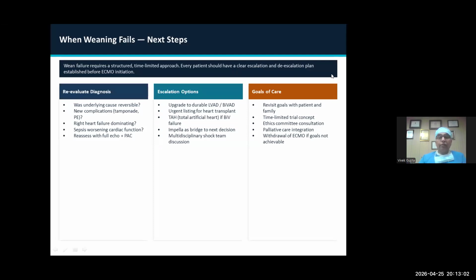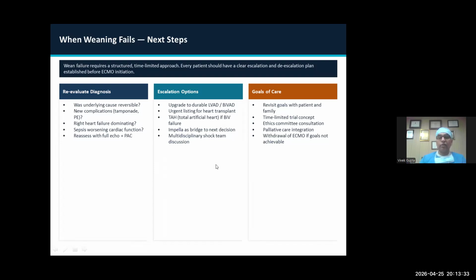And if the patient is not tolerating the weaning, it means that this patient needs escalation and the next step to be followed. These patients require reevaluation. First, reevaluate and rule out the causes which are treatable. This might be simple hypophosphatemia, simple electrolyte imbalances, or some tamponade. So if there is any reversibility you think of, otherwise you escalate your option with a long-term or durable assist